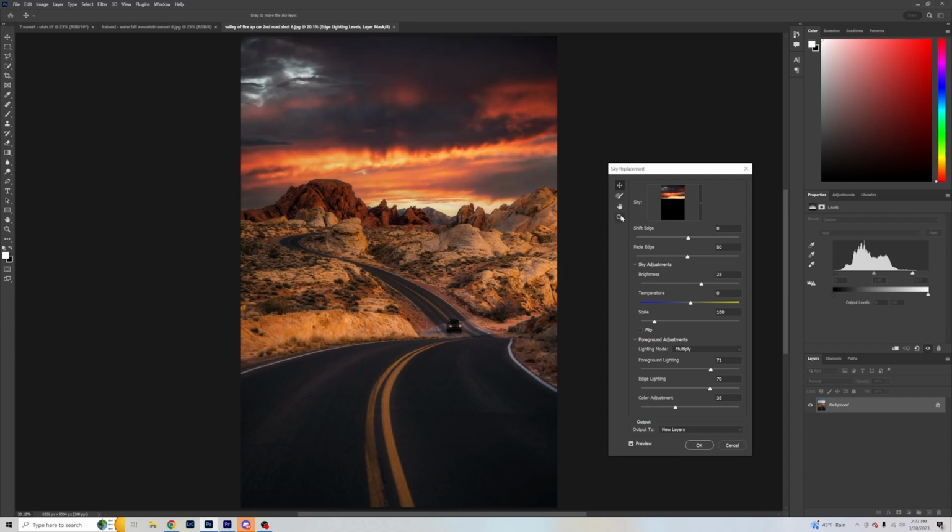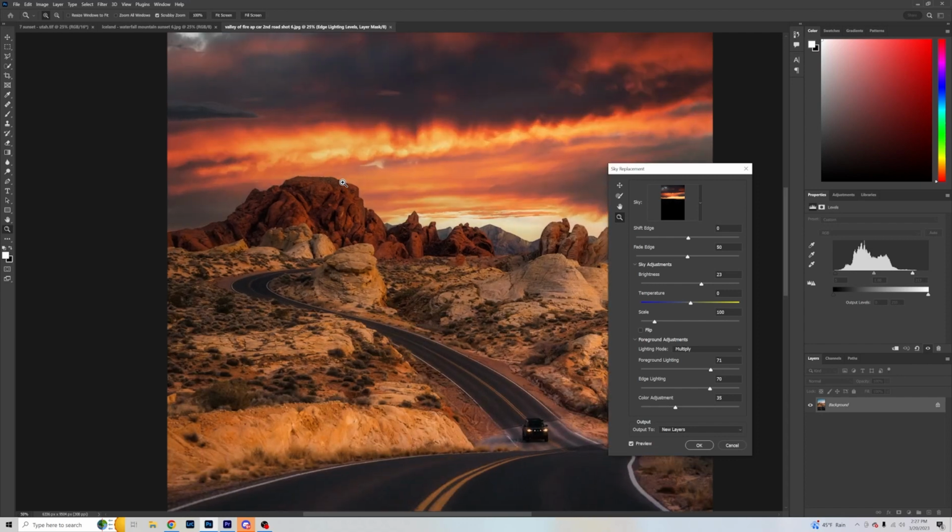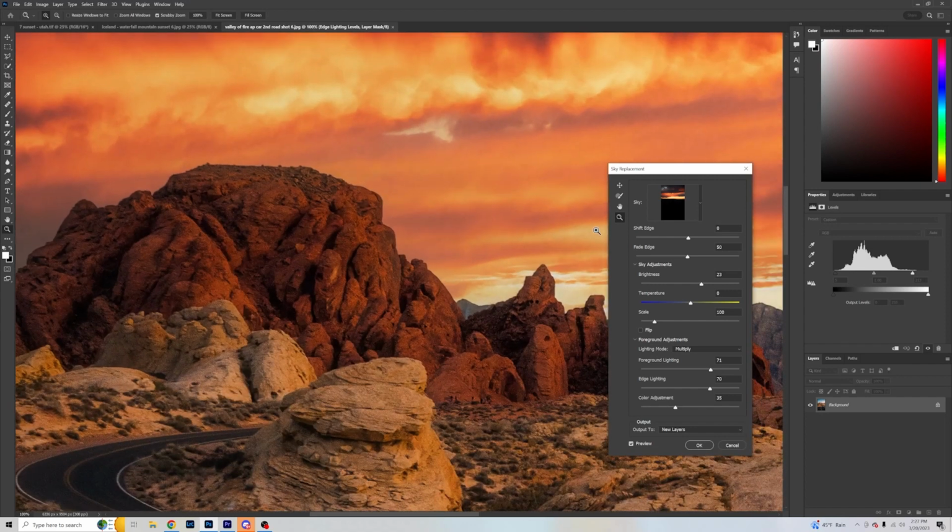One of the things I like to do is hit this magnifying glass and go to the landscape to see does it look okay, and you can mess with the shift edge right here, as you can see, just to make things a little better. You can also mess around with the fade edge tool as well. It's pretty simple. You just have to experiment a little bit and just try to see what looks the best